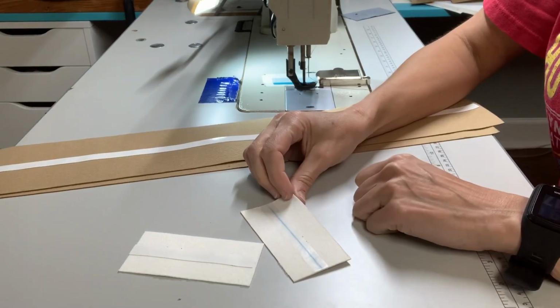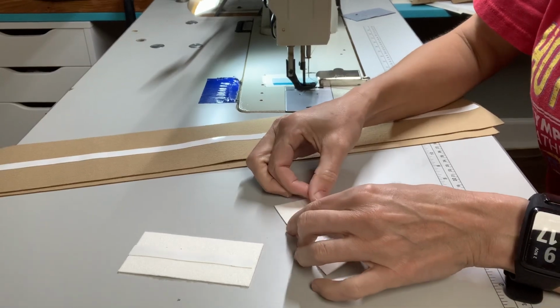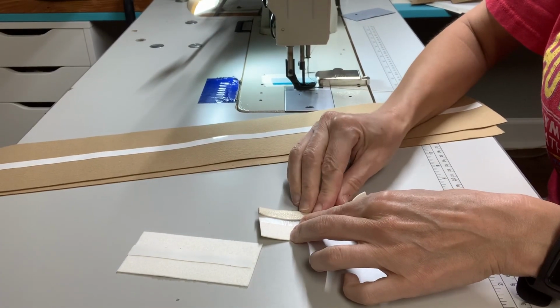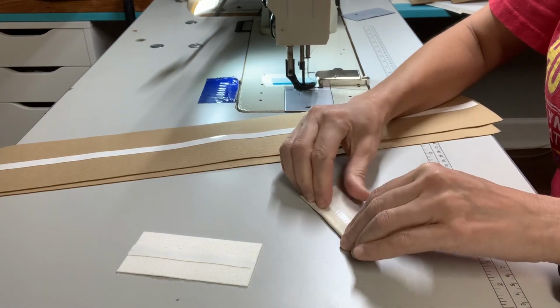If you're going to put the crossbody strap, you're also going to need some D-rings and some swivel hooks. And then we need rivets, different size rivets. Okay? All right, so now let's get started. The first thing the pattern says to do are the straps and strap connectors, crossbody strap, all that kind of good stuff. So I'm going to start by doing my